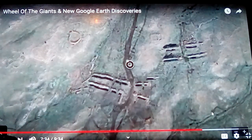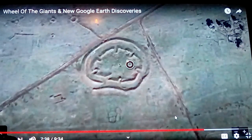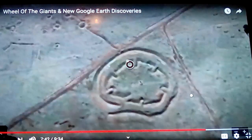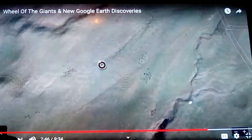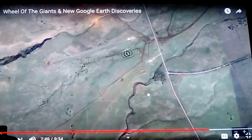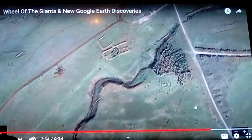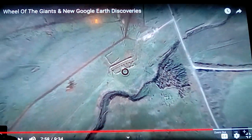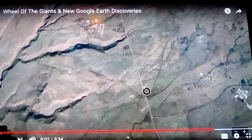And look at these troughs and these cut-in areas and these circles and these structures here. That's kind of amazing. And then this connective wall with these big circle structures, and you think, well, that's got to be grain-keeping things and stuff. And then there's this long line that's up here. See this? It's like an airstrip thing. And then these pieces here that are three-quarters walled that go around. And that structure that's there that has that